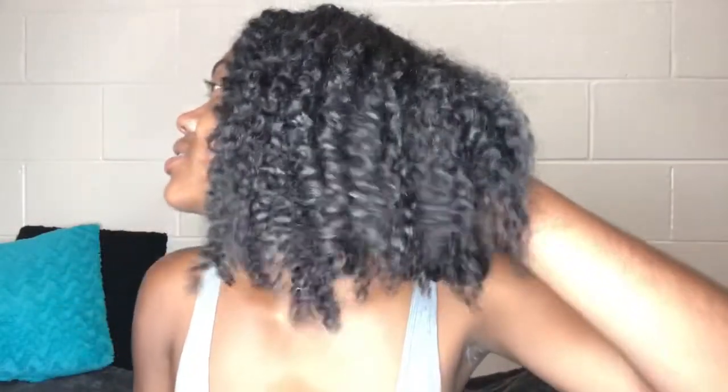Hi guys, so I took out my twist and oh my gosh, I love it. Look at this. It's so defined. But it's the morning and I'm about to go to class. So I'm gonna come back and tell you guys whether or not it controlled my frizz throughout the day,